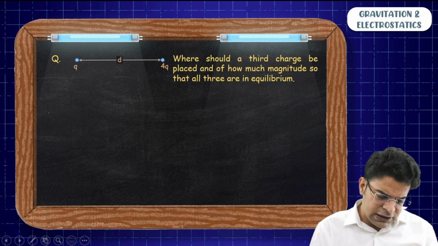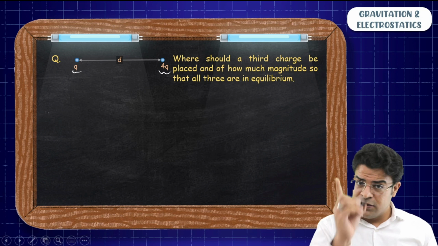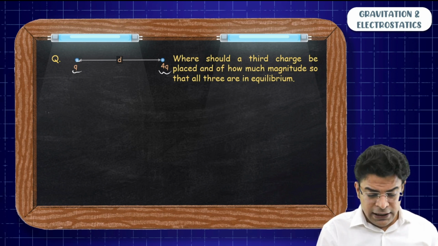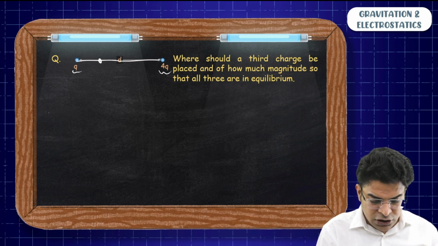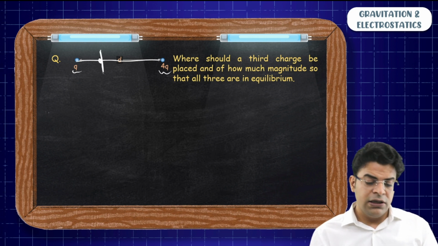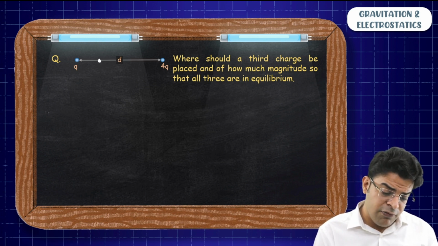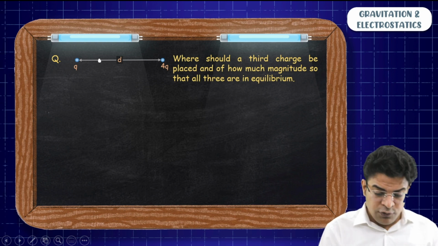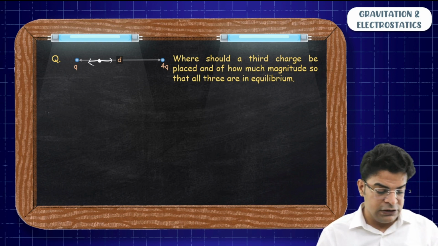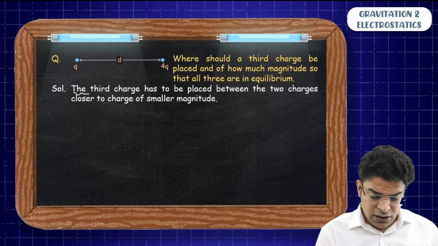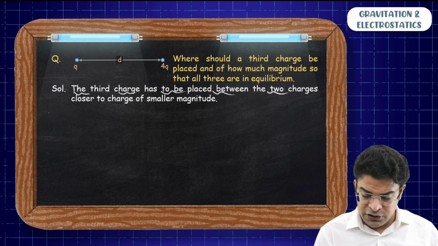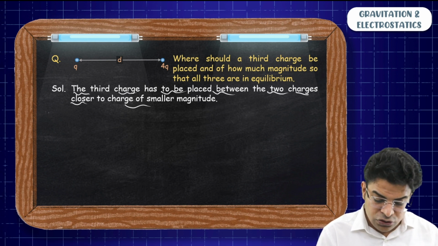So first of all, since the two charges are like, I know that the third charge should be placed on the line joining them, in between them, closer to the charge of smaller magnitude, somewhere here. Then only the third charge will experience zero force. The force because of charge q and 4q will cancel out. So let's say the third charge has to be placed between the two charges, closer to the charge of smaller magnitude,